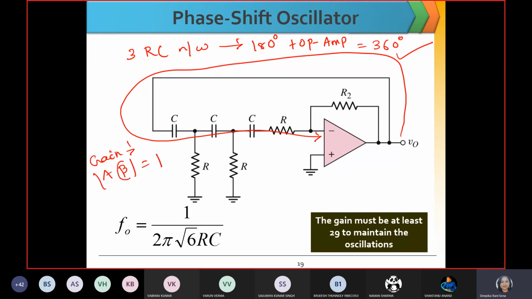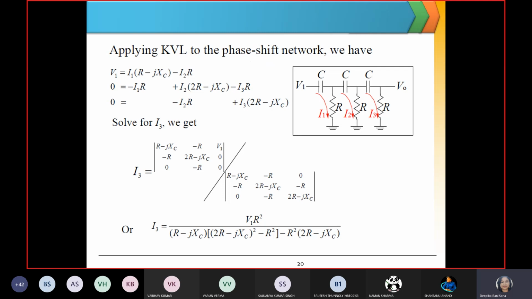So what should be the value of this beta and A value, then I may meet this value of 1? The magnitude of A beta should be 1. That is from the point of view of derivation, guys, that I will explain to you. Yeah. So what I said, I need to use the 3 sets of phase shift network. So one RC network is capable of providing 60 degree. That is confirmed. Theoretically also we may achieve that. How do we get that? I'll tell you after some time.